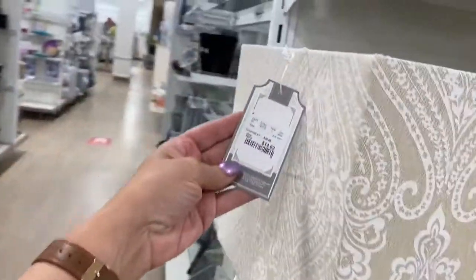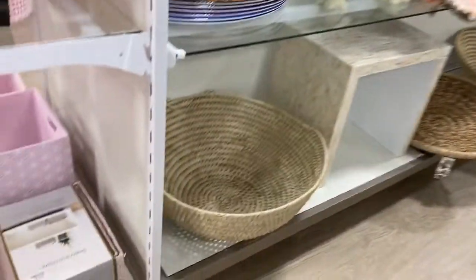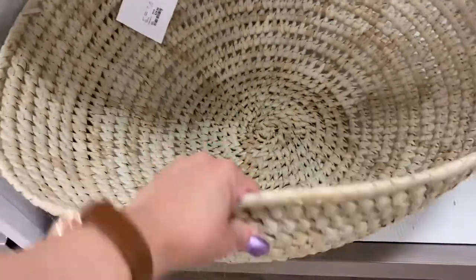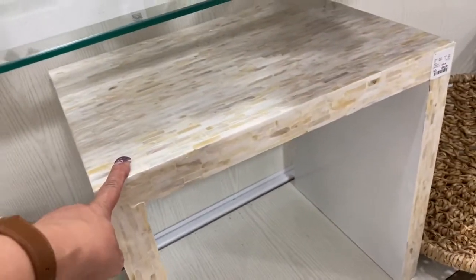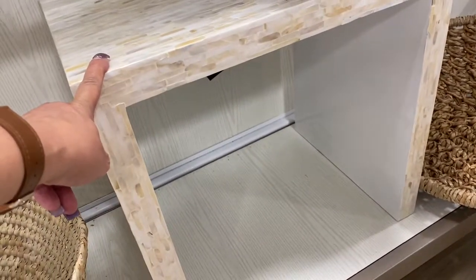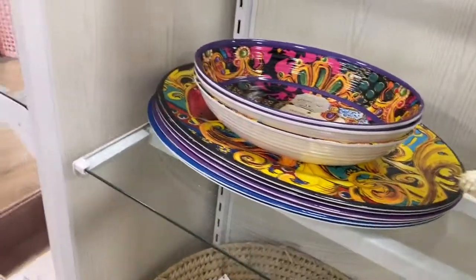So let's see. So this storage container is $14.99. This is gorgeous, guys. Look at that one. So this here is $29.99. And look at the detail. I think we saw this last time I was here. That one is that $89.99? $69.99. And then this here,